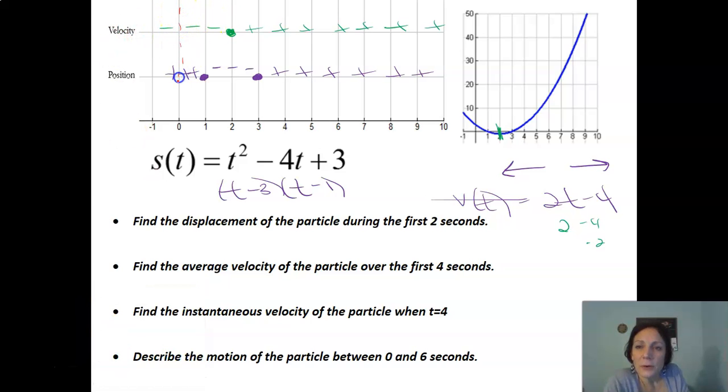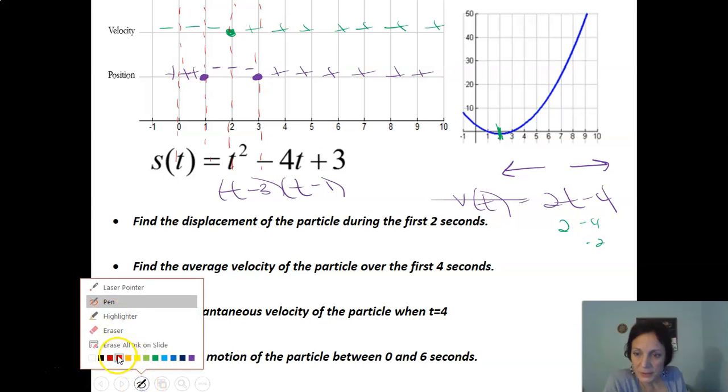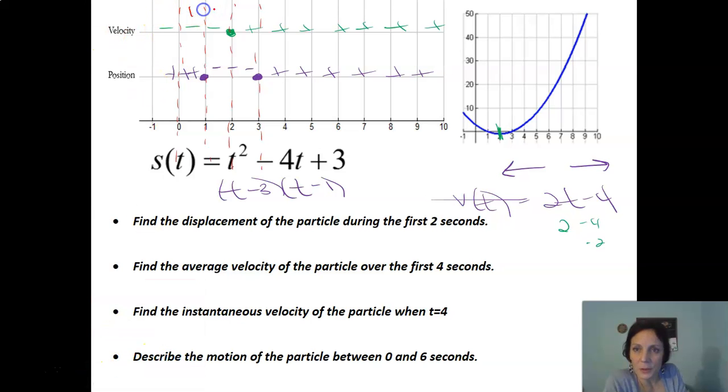is I put these vertical lines in every time there's a change. So that I really have 4 different kinds of intervals to talk about. 1, 2, 3, and 4. During the first interval, it's moving to the right, or I'm sorry, it's moving to the left, but it's to the right of the 0 point of position. So it started